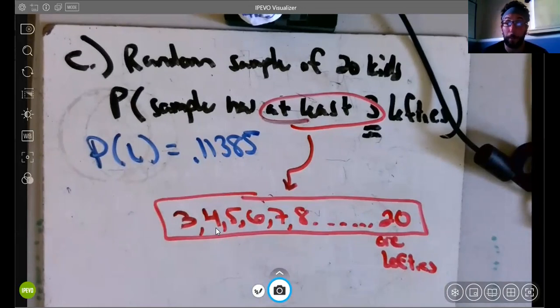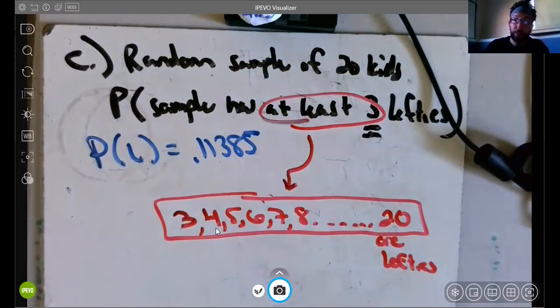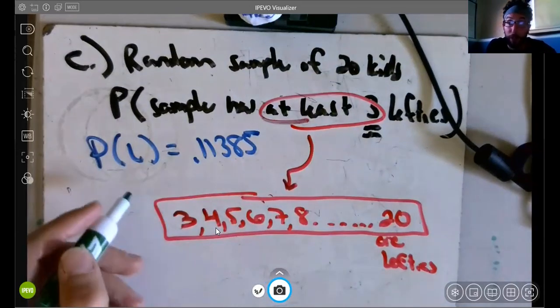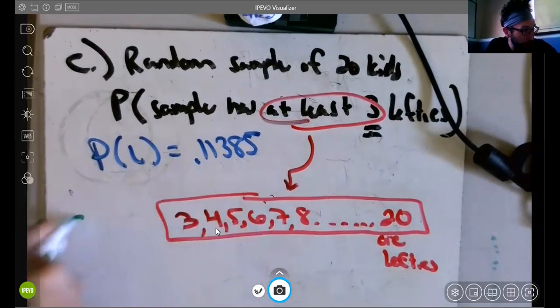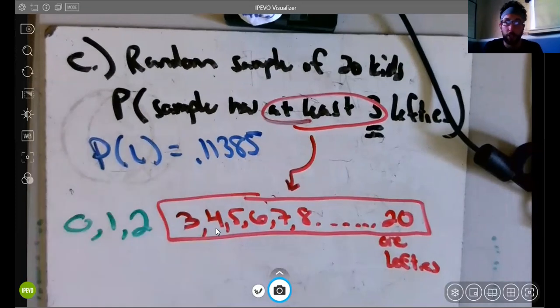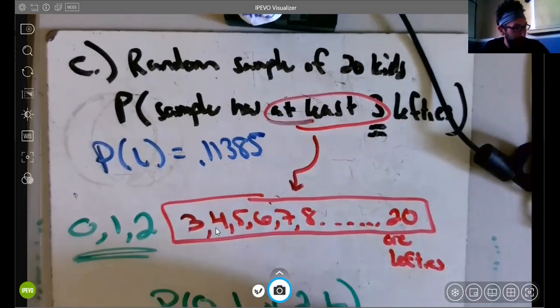Now, hopefully you realize I could do a bunch of binomial PDFs, but that would take forever. Or I could calculate all these binomial probabilities individually. I could find the probability exactly 3 are lefties out of 20, exactly 4 out of 20, exactly 5 out of 20, right? That would be ridiculous. So instead, the only possible numbers of lefties that don't satisfy at least 3 would be 0, 1, or 2 lefties. So what we want to do is find the probability that there's 0, 1, or 2 lefties,